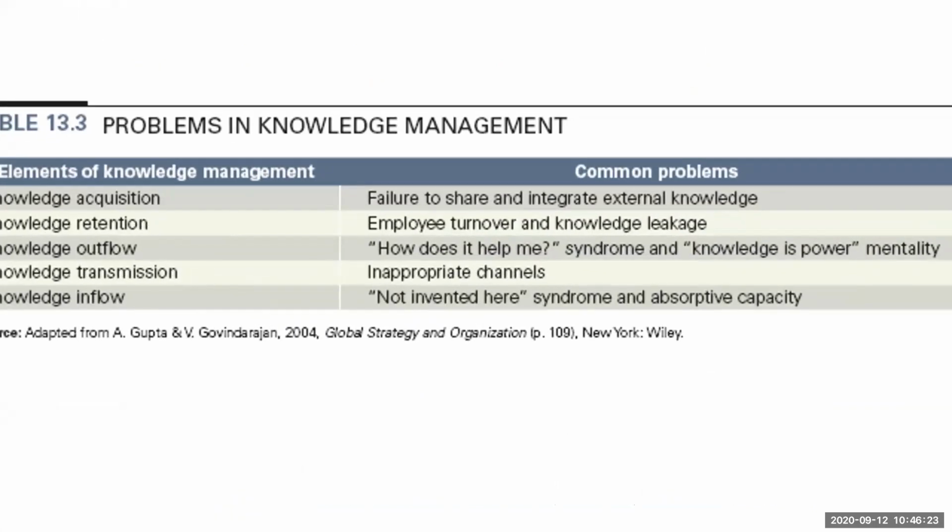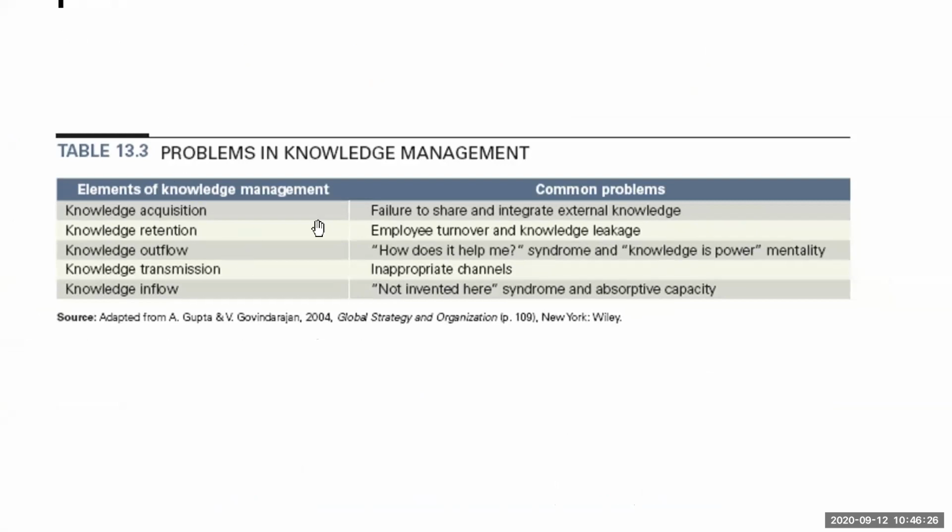So these are some of the common problem areas. So while acquiring knowledge, the sharing doesn't happen. Retention, because the employees don't have a very good relationship with the organization, there's a lot of turnover, and then retention is low. Knowledge outflow. So whatever you are learning, you're really questioning why actually, what is in it for me, or you are simply just not telling it to anybody. You are not transferring it to your team. You are saying, okay, if I know more, I have more power. That is a traditional mindset.